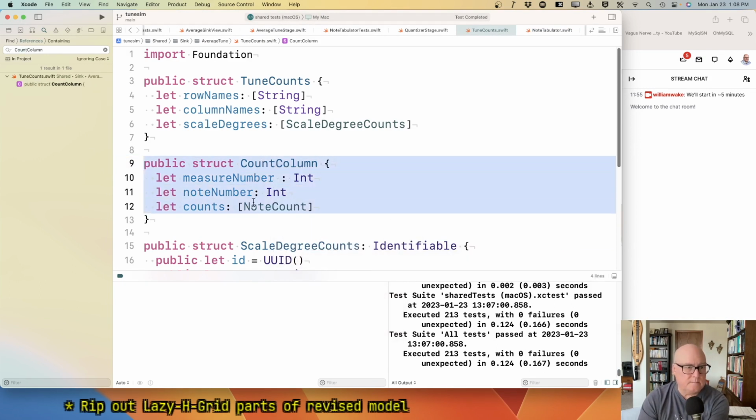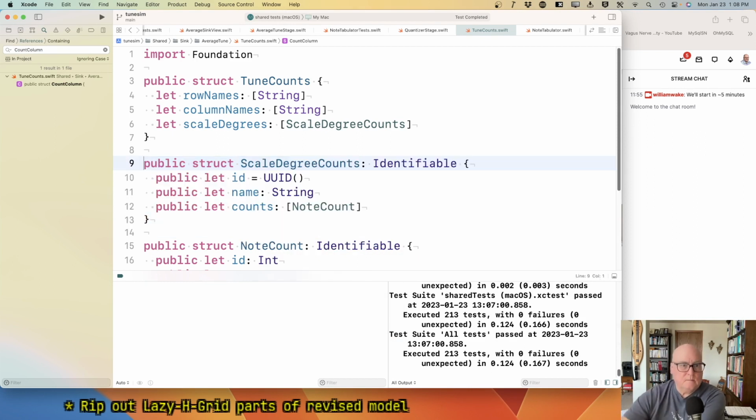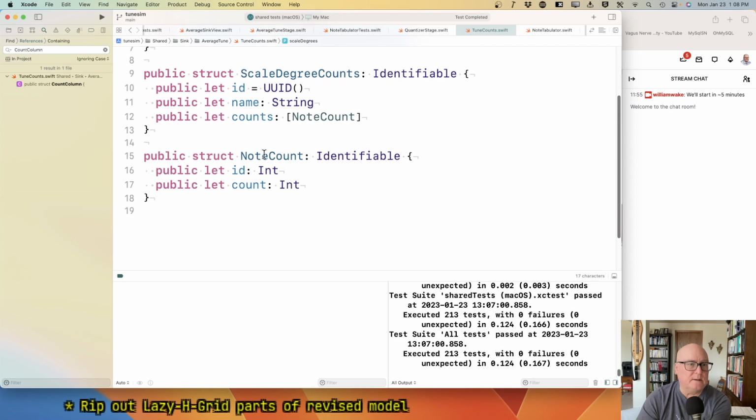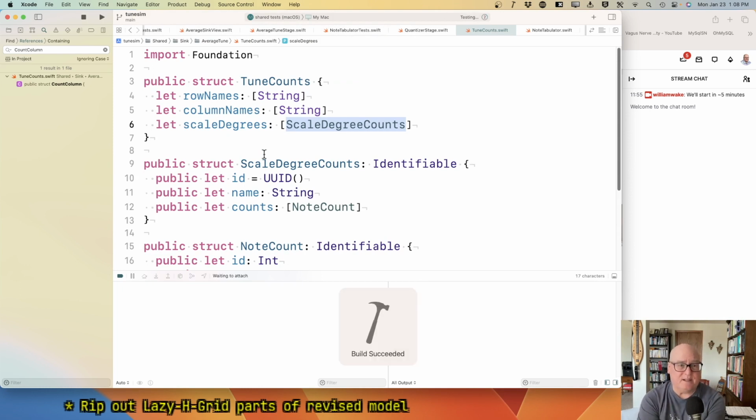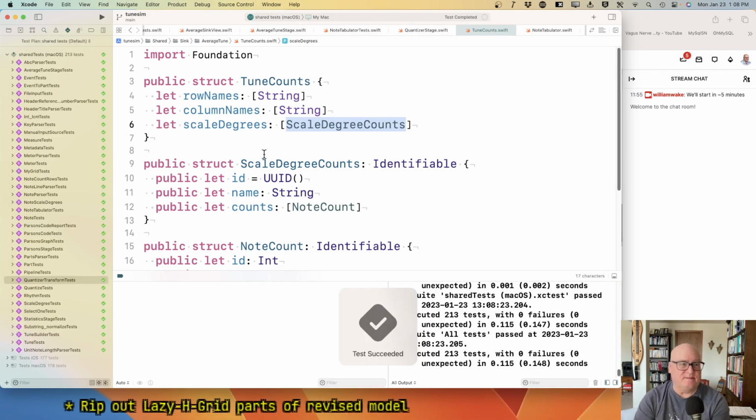Okay. Now, scale degree counts is used, as is note count. All right. I guess it didn't hurt us that badly. It seemed like a lot of fuss to get it, but